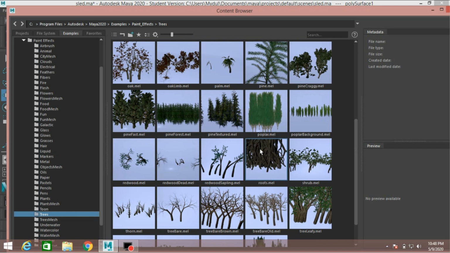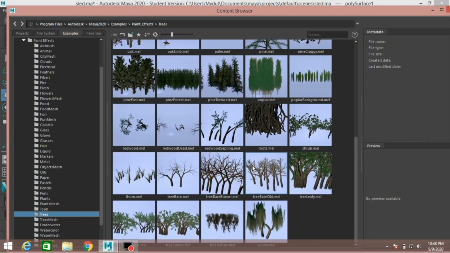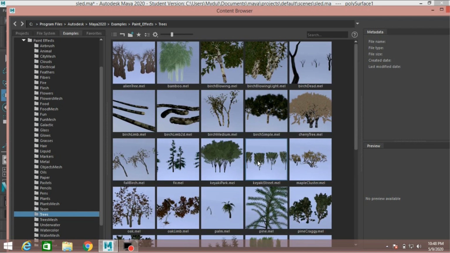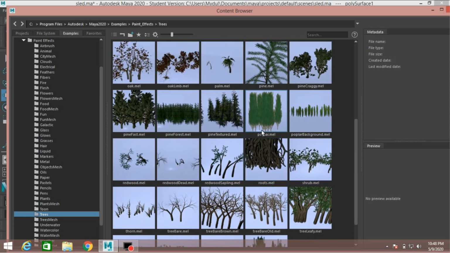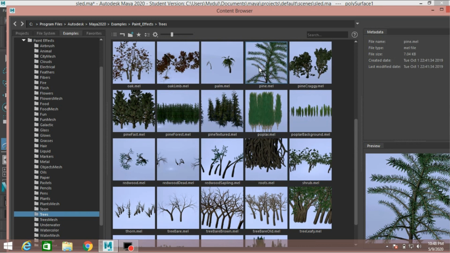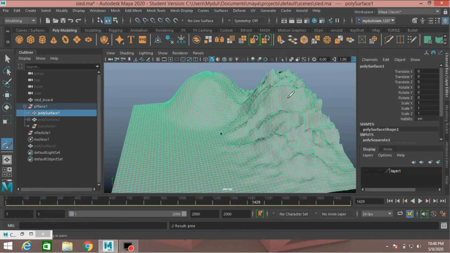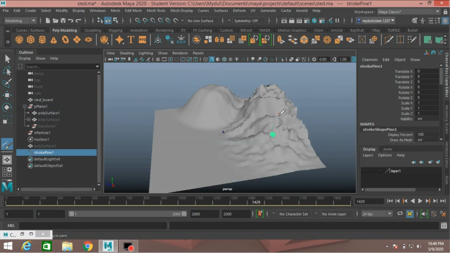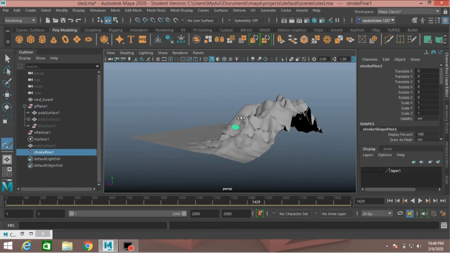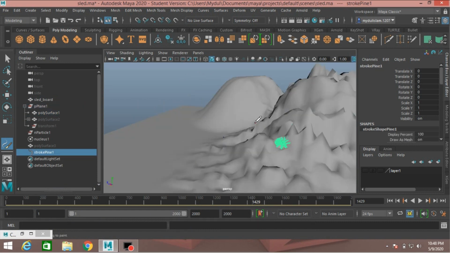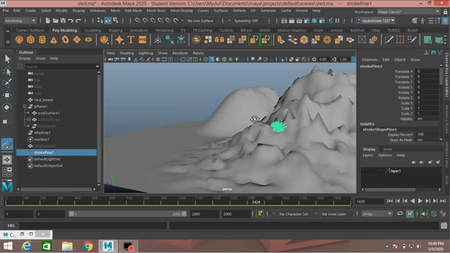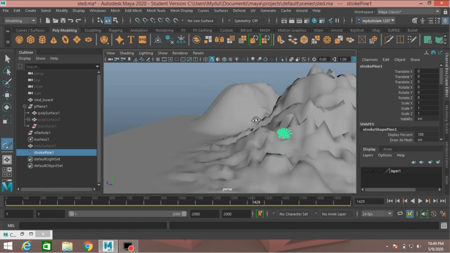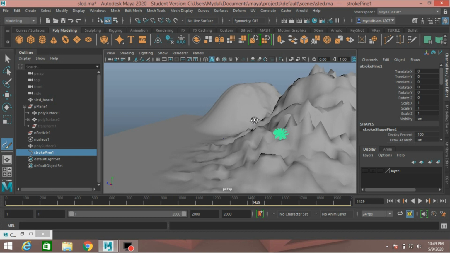I select the pine trees. Just click here and this is too small.